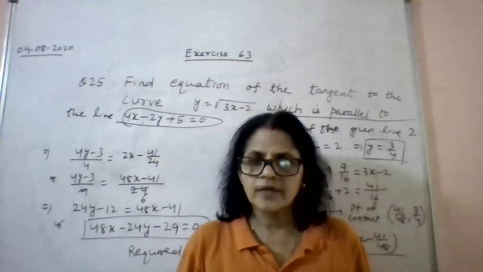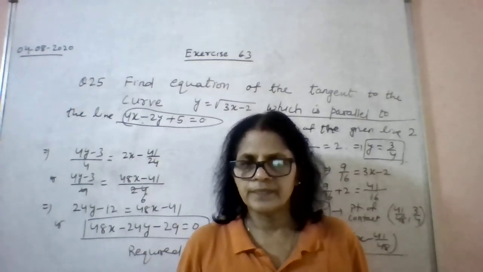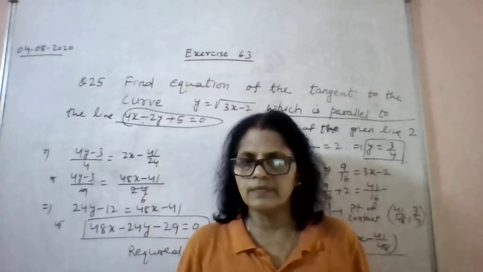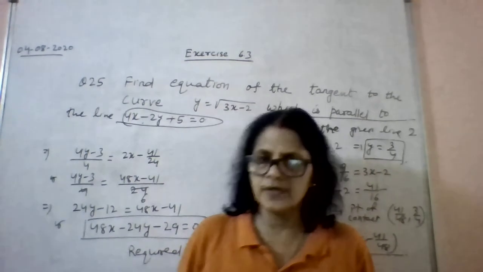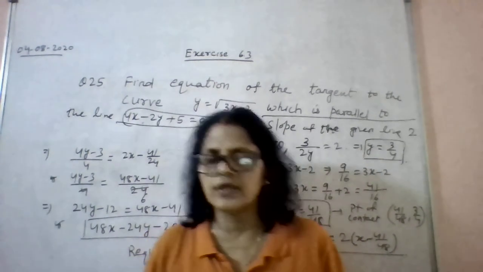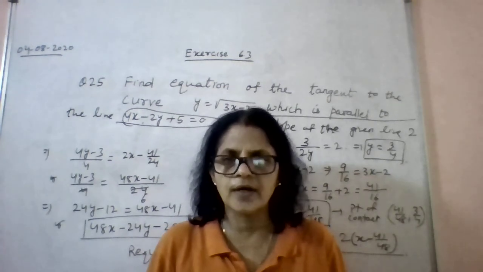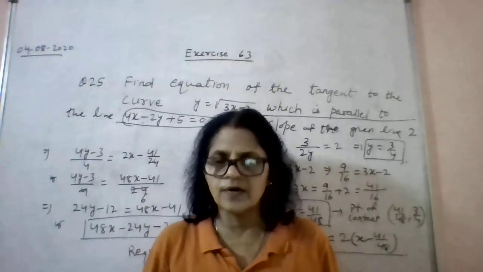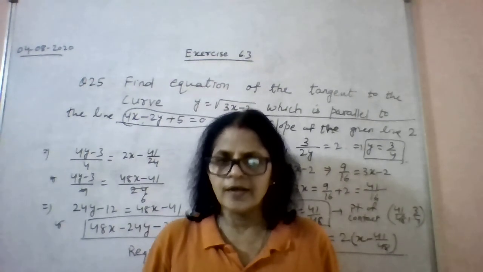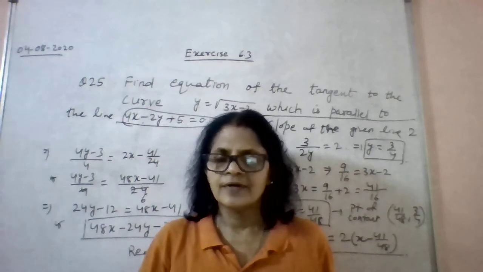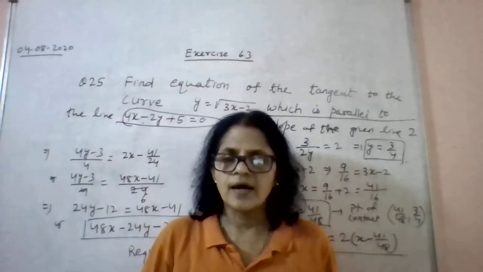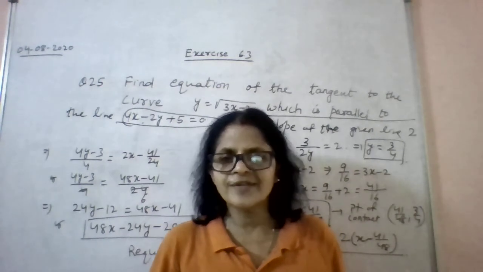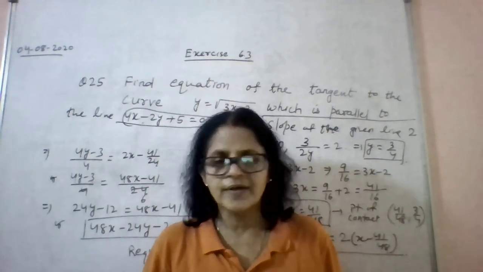So with this, the tangent and normal topic is over. Maybe you can watch all three videos of this subtopic. It may help you in finding the point of contact, the equation of the tangent and normal, whether you are given the point of contact directly or you have to find it, and then getting the angle of intersection of two curves, and the condition for curves to be orthogonal. Okay, thank you so much.